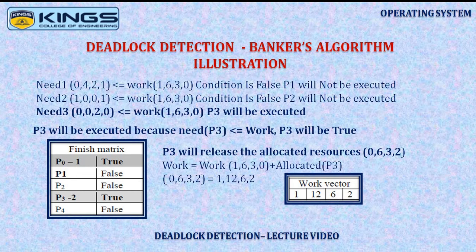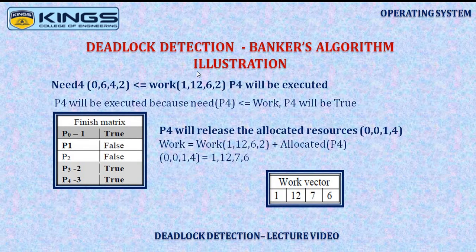of D resource now. Now the need matrix requirement for process 4 is less than the work vector entry, so P4 is getting executed. Now P4 status is updated here. P4 is completing its task, so the finish matrix entry for P4 is also made true, and the order of execution is 3. As P4 is completing all its tasks, now P4 is releasing its allocated resources.